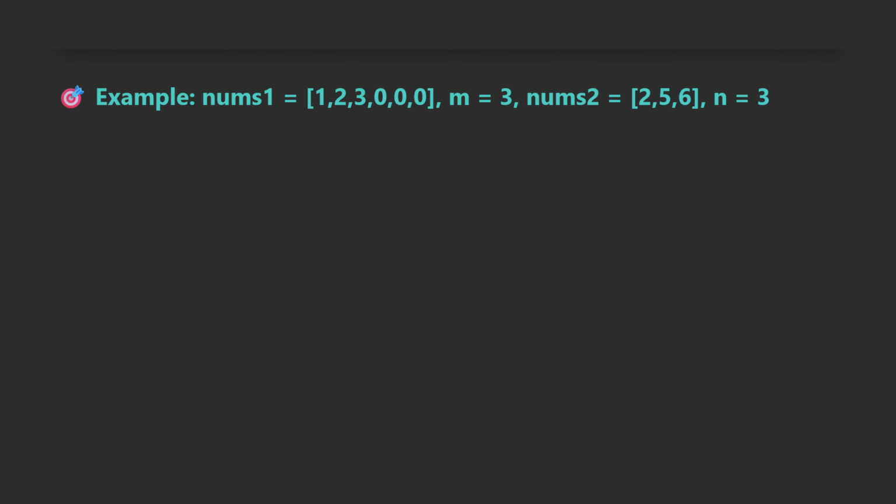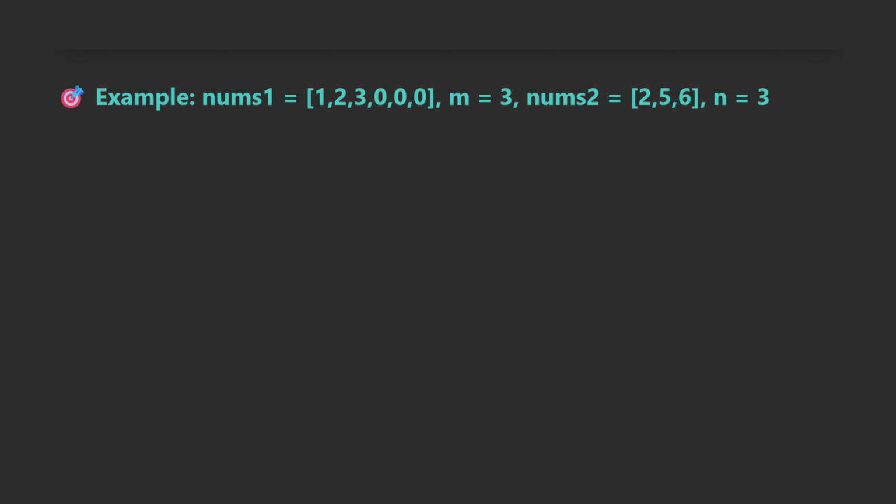Okay, let's take a look at our starting point. We've got nums1 holding our initial three values, 1, 2, 3, followed by three placeholder zeros. We're told that m is 3, which is the count of the actual elements in nums1. Then we have nums2 with its three values, 2, 5, 6. The problem tells us that n is 3, which is the count of elements we need to merge in from